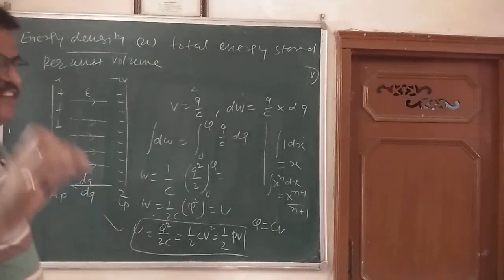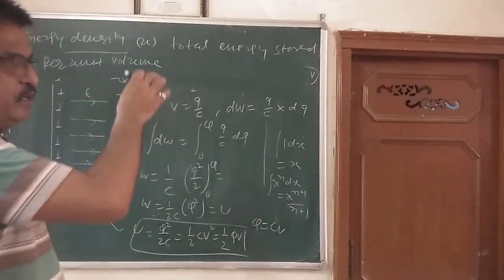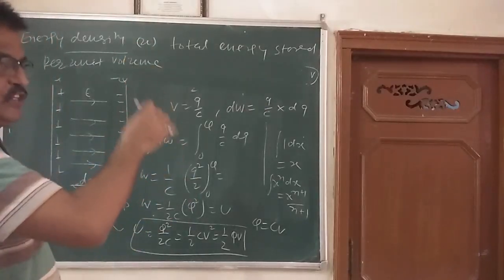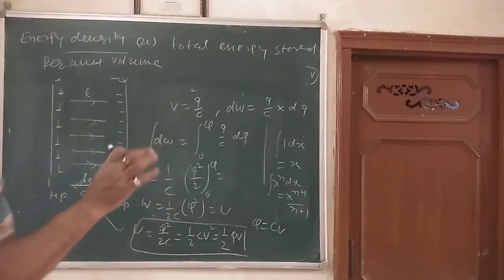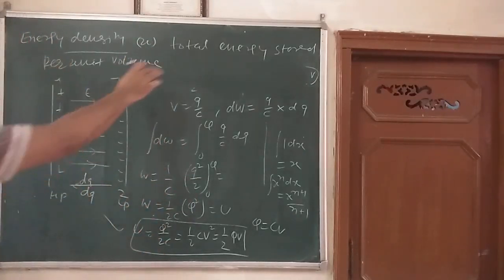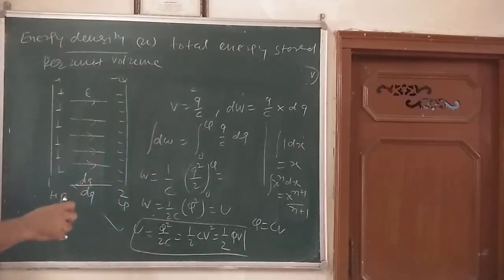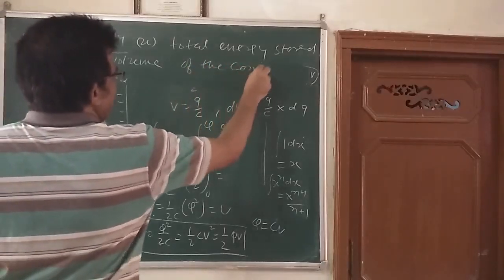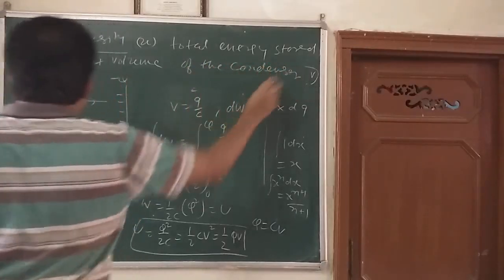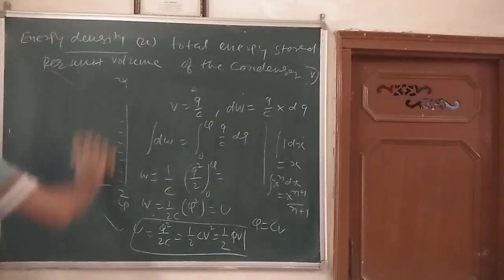You can take the notes from the blackboard only, because we are writing all the things on the blackboard. So there is no need of extra sheet for notes. So you can write from here. The total energy stored per unit volume of the condenser. Is it clear? So now we can say small u is equal to